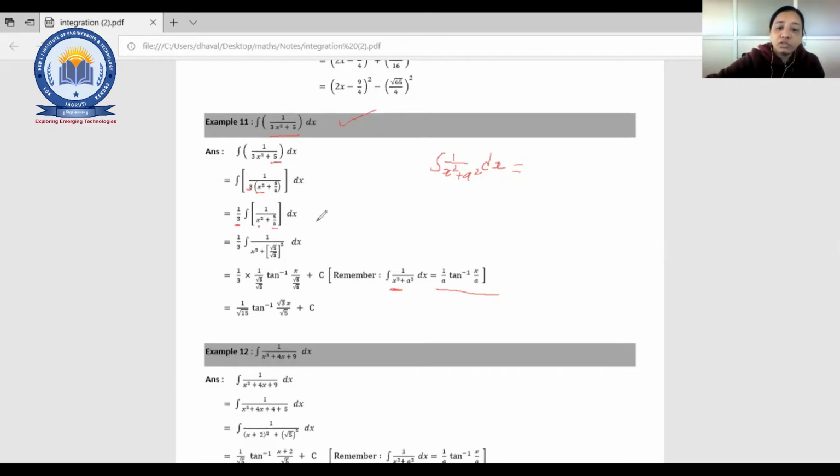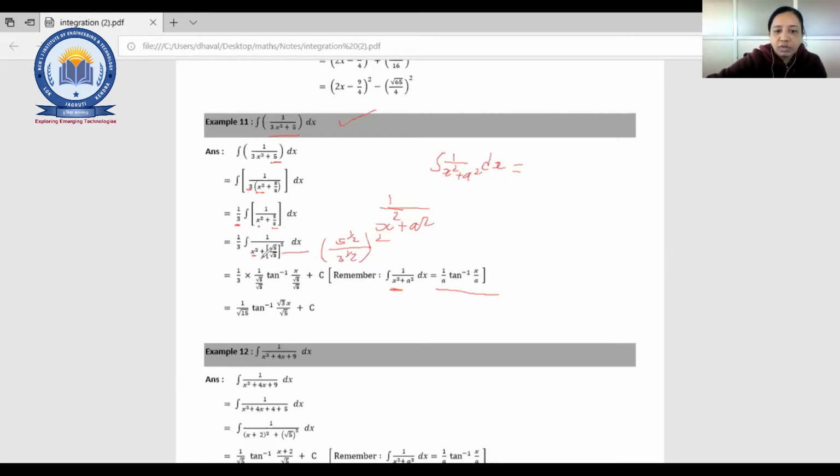Now we want it in terms of x square plus a square, that is 1 upon x square plus a square. Obviously we are having x square. For a square, if you want to make a square of anything, again you need to balance it. So for that I'll write (root 5 upon root 3) the whole square. If you simplify it, that is 5 raised to 1 by 2 upon 3 raised to 1 by 2, the whole square. And that rule we know, when the powers are multiplied, we'll get 5 by 3.